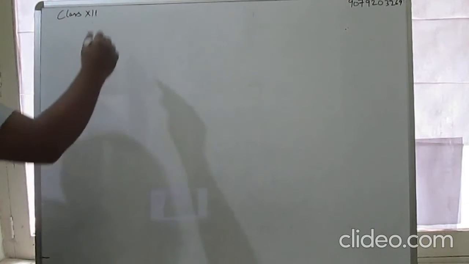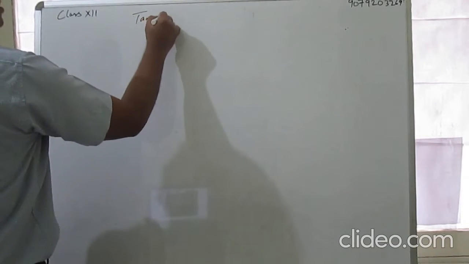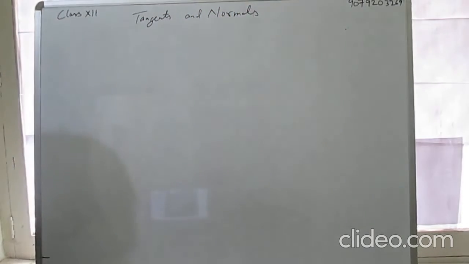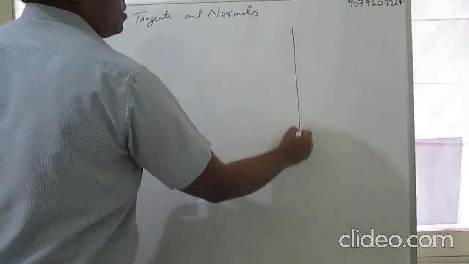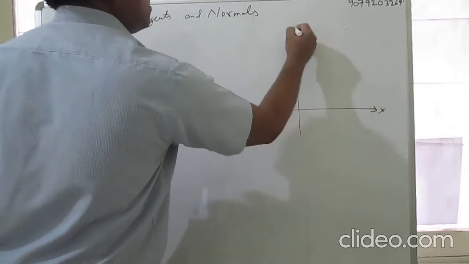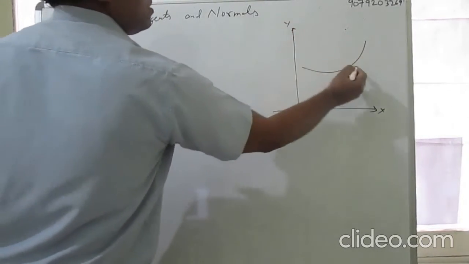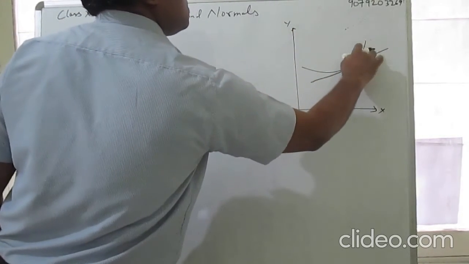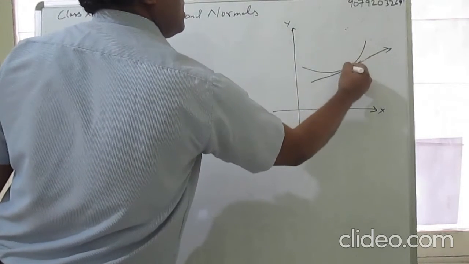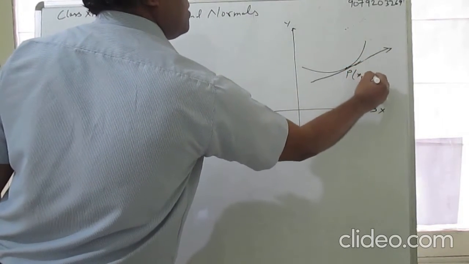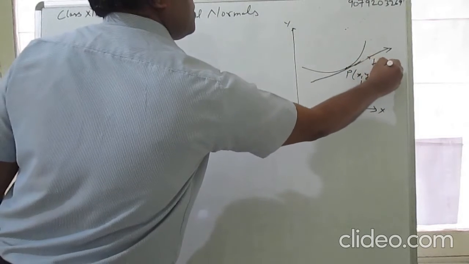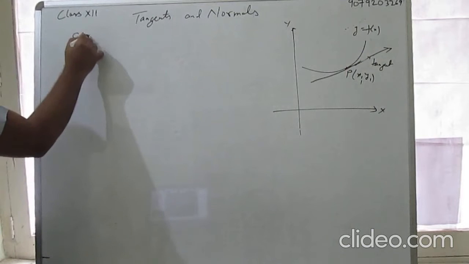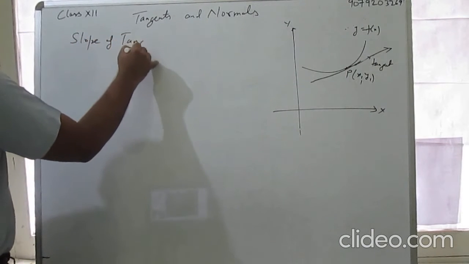Application of derivatives, in that we study tangents and normals. Suppose this is a curve. This is a line at point P, that is x1, y1. This is the tangent. This is y is equal to f(x), any curve. So, slope of tangent,